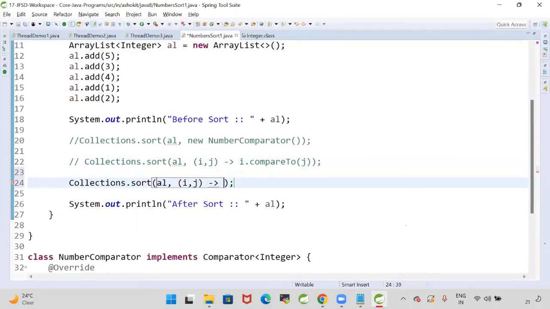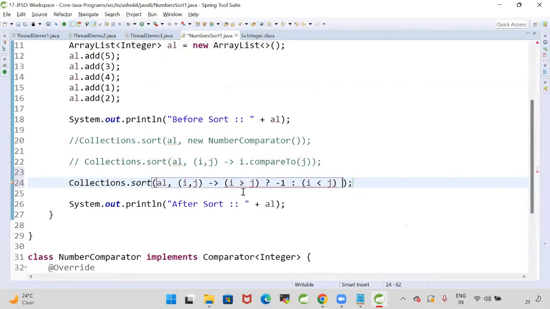In this lambda, if i is greater than j, then return -1. Else, if i is less than j,